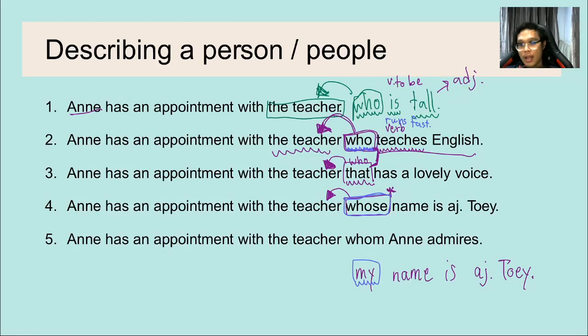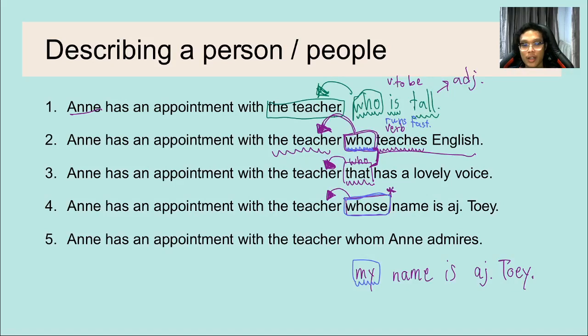Anne has an appointment with the teacher whose dog is brown มีหมาสีน้ำตาลอะไรอย่างนี้ก็ได้ หรือว่า with the teacher whose อะไรเดีย whose iPad is white คนที่มี iPad สีขาวนั่นเอง